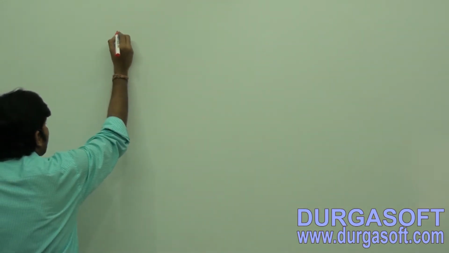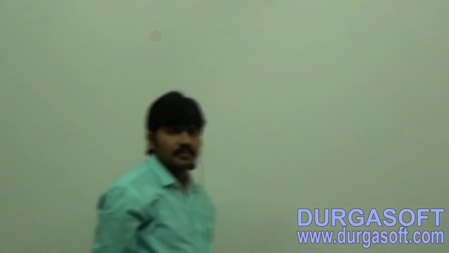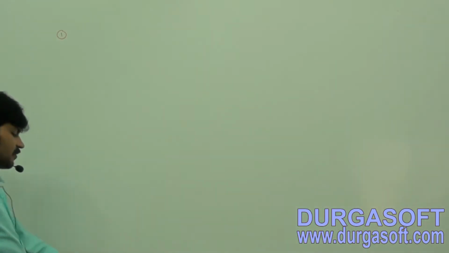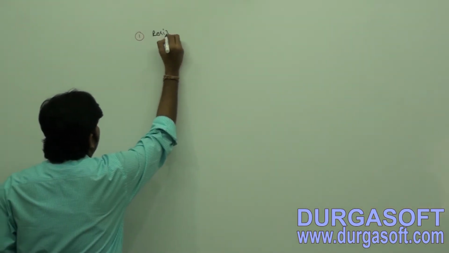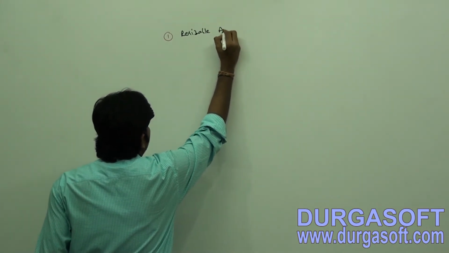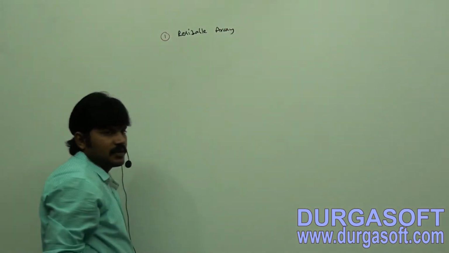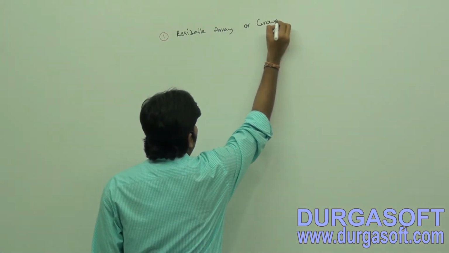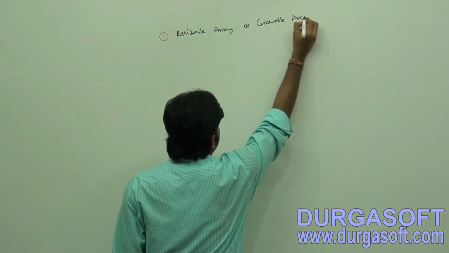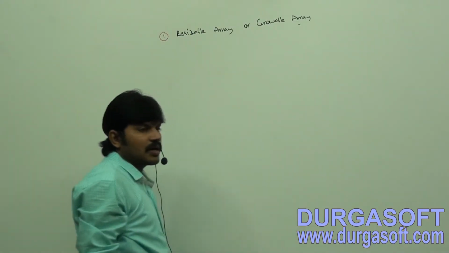Every collection class is implemented based on some standard data structure. Correct or not? Every collection class. What is the underlying data structure for array list? It is a resizable array, or growable array.